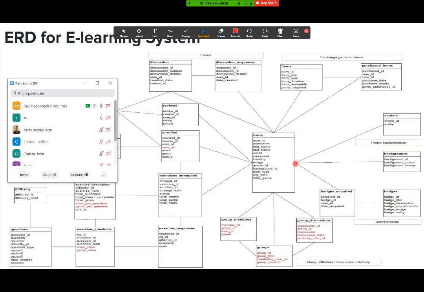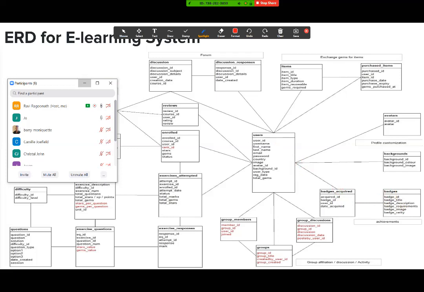so this is called badges acquired. So a user could acquire many badges, but this badge that is acquired is specific to this user. This acquired badge is specific to this user. And this badge acquired is specific here. So there's one here and one here, but a user could acquire many badges, right? And a badge could be acquired by many. So many goes here and many goes here as well. And one goes on the end.